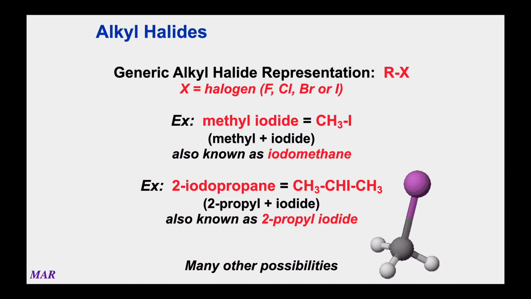The next one there, you've got 1, 2, 3 carbons, so it's a propane, and you have an iodine off the middle or second carbon. So one way to call this would be 2-iodopropane, where the 2-iodo means there's an iodine off the second carbon in a propane group. You could also call this 2-propyl iodide, which is the old way. And again, if you change the iodine for a bromine, you would have 2-bromopropane. And if you put chlorine in there, it would be 2-chloropropane.